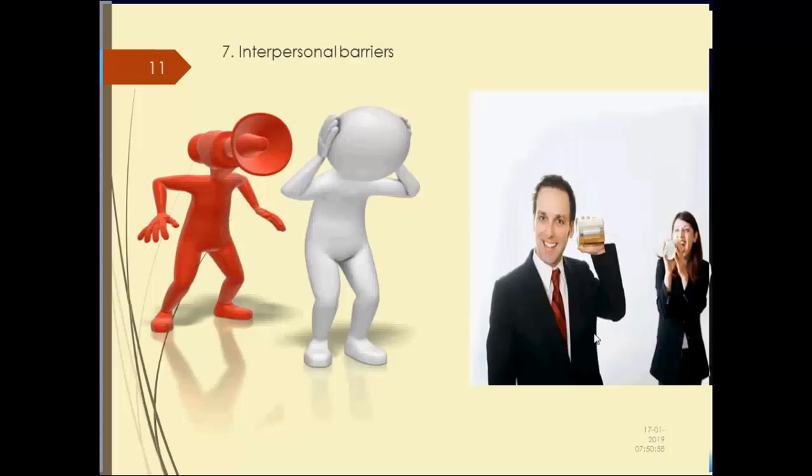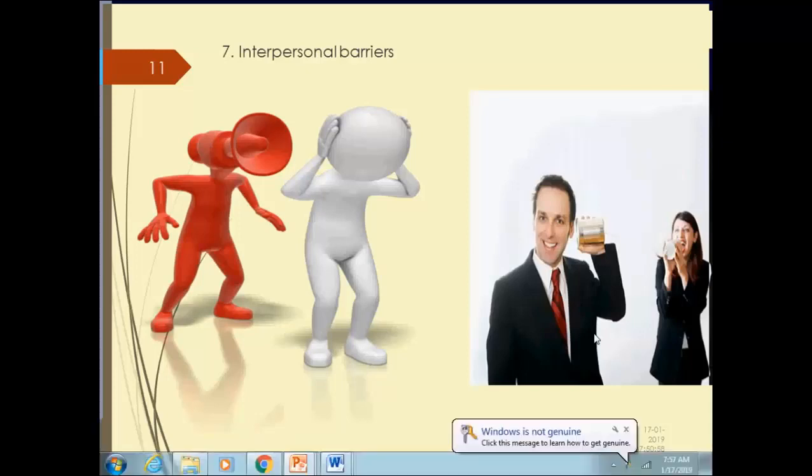The other one is physiological. Okay? Physical, from physical, jismani. Maybe somebody is deaf or can't hear, hard of hearing. Okay? Maybe somebody doesn't see well. So these are physical or physiological barriers. If you can't hear me well, you will not get the message. If you can't see the projector on the board, the smart board, you will not get the message.